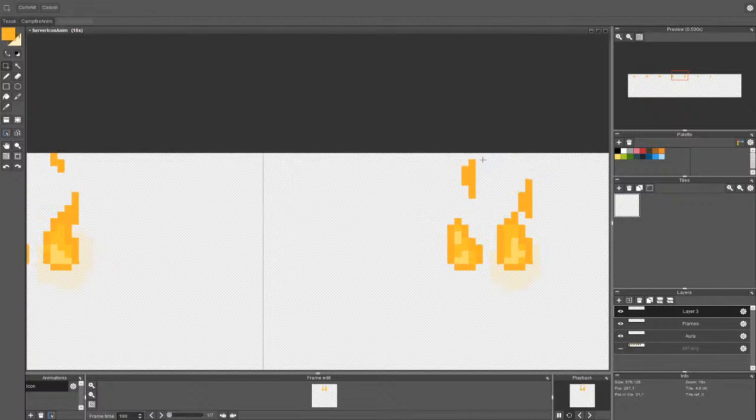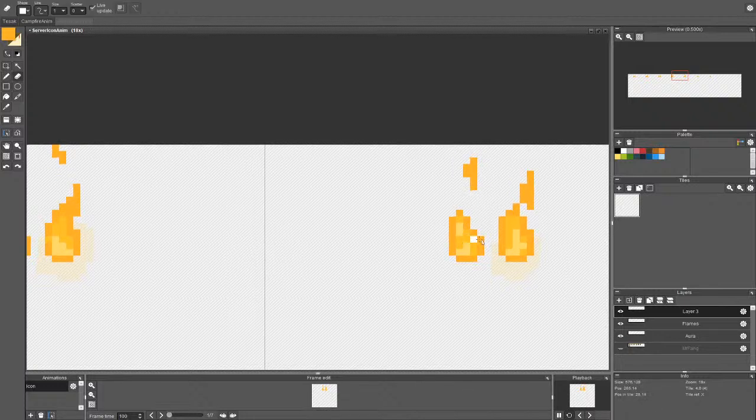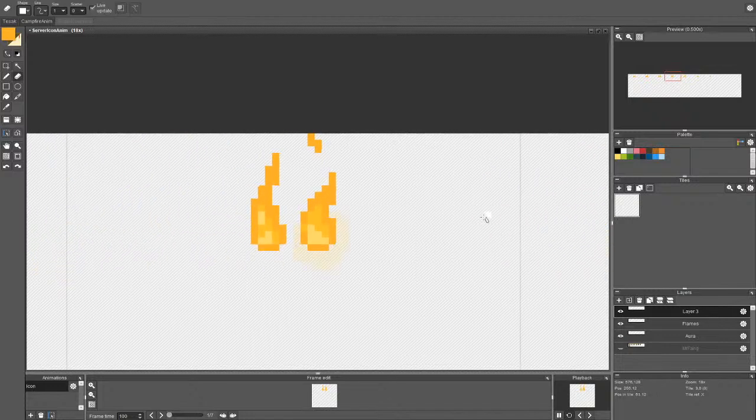Maybe don't make the flame strong. Yeah, I should make it a little bit smaller. Now, the flame should go to the left side more, so let's do it like this. Hopefully it's not extreme.